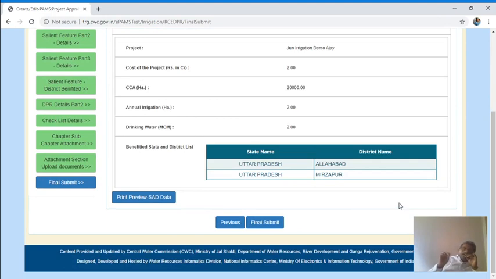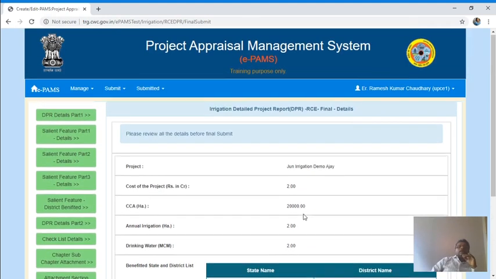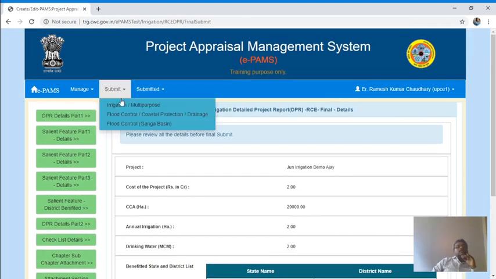Here, to submit RC, the project is different, in that your project should be already approved, your proposal should be already approved, at least a DPR. If your DPR is approved, then you are eligible to fill RC of DPR. Now while filling that, there will be two options.